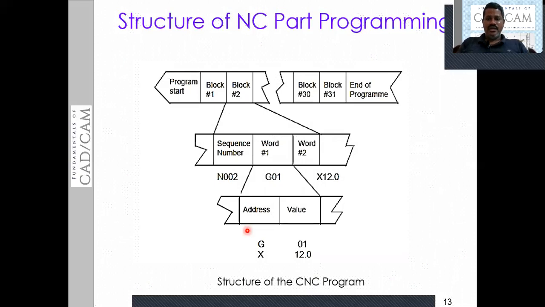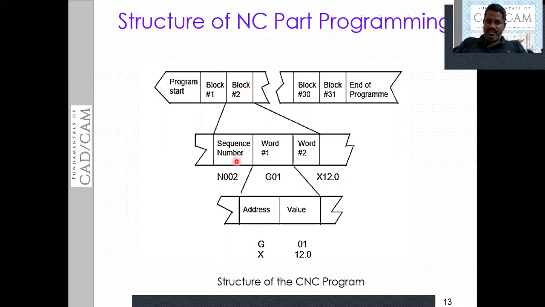Now let us see all the discussion with a figure. As you can see here, the structure of the part program. You can see the program consists of start programming and end programming. In between that, we have a number of blocks. You can see here block 1, block 2, and any number of blocks we can insert. So that means a program consists of a number of blocks. Each block is responsible for one action on the machine, and this block